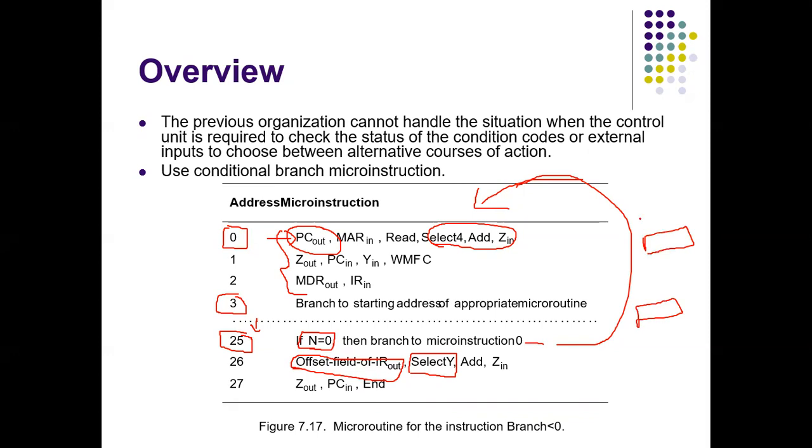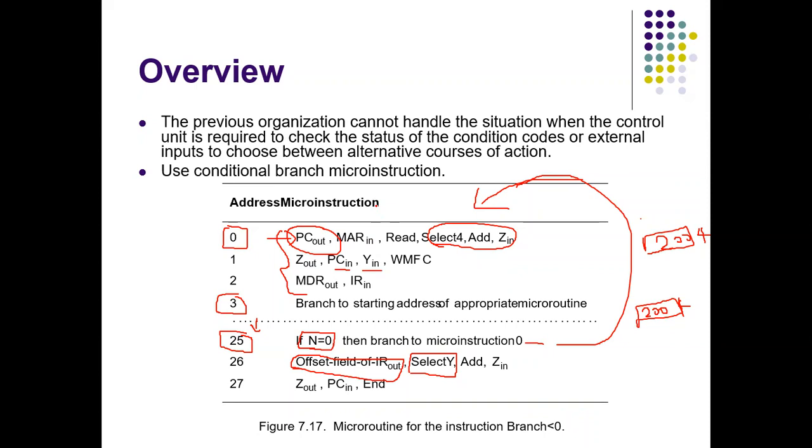If PC contains the address of the next instruction to be executed, say PC contains 2004, then Y will also have 2004. Because here you can see Z out, PC in, and Y in. Z out is the address of the next instruction, and that goes to PC in and also to